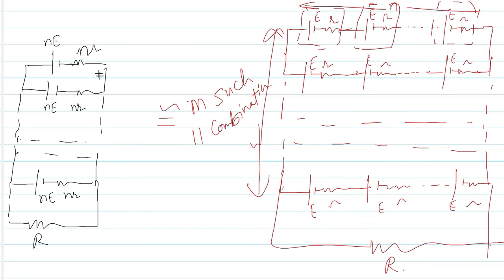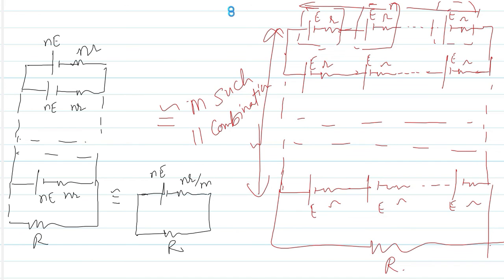If you remember what we have just done, I told you that in the case of parallel combination of identical cells, you get the same EMF. So when you write the equivalent of all these cells, you will get the same EMF again, nE, but the resistance will become nR by m. This is what happens in the case of parallel combination, and there is still the capital R external resistor. So now this is already simplified.